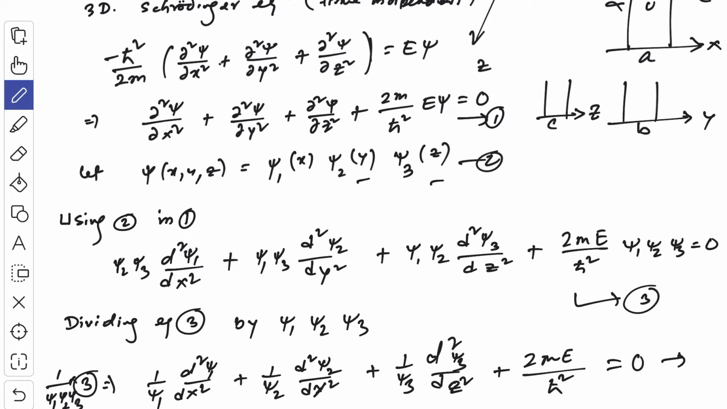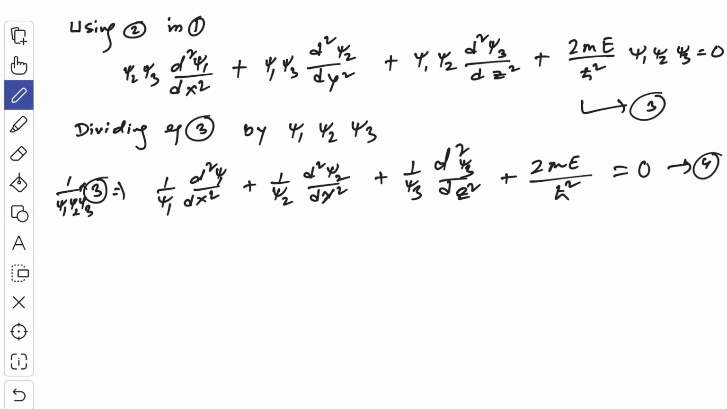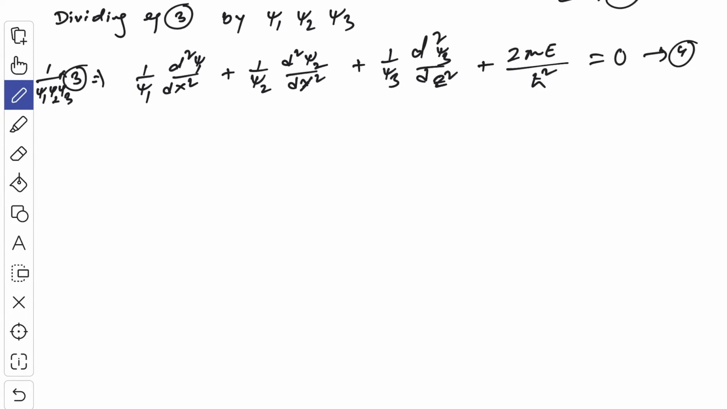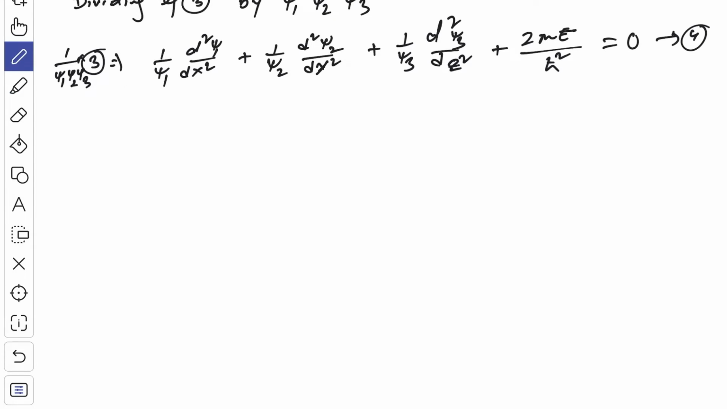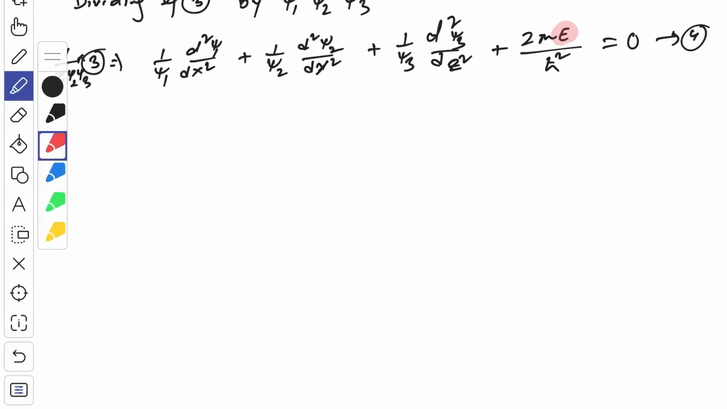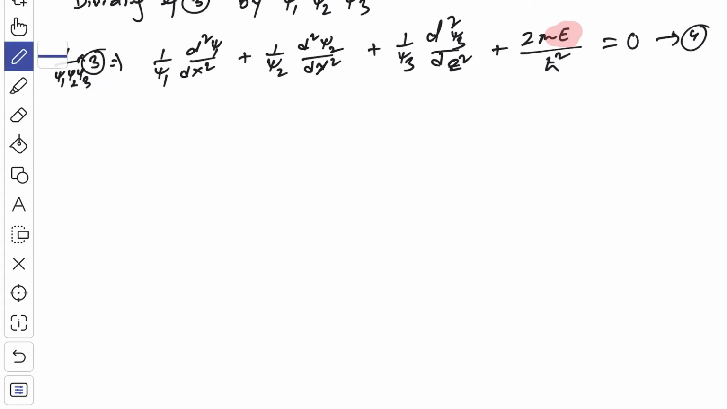Okay, this is suppose equation number 4. So let us assume this is equation number 4. Now here you see this energy E, this energy E in 3D can be expressed as a sum of its three components. E is equal to Ex plus Ey plus Ez. We can express it in that way, and if you use this here in equation number 4, then you will get